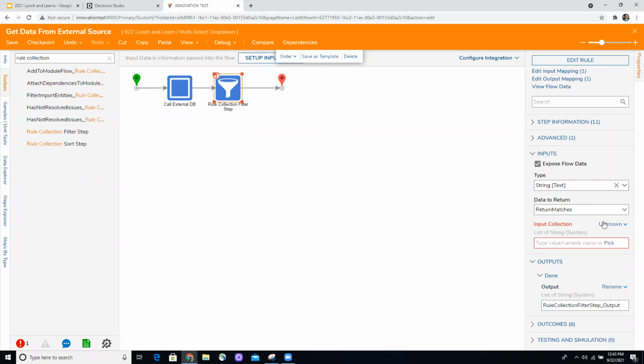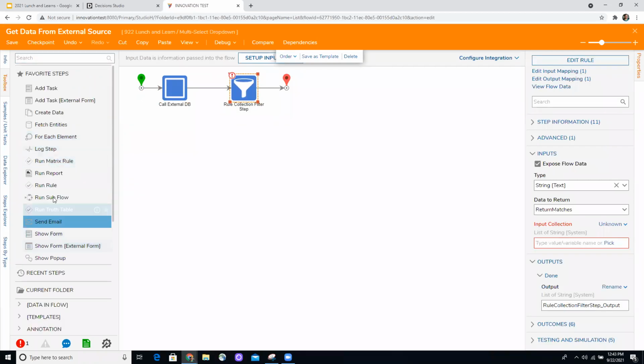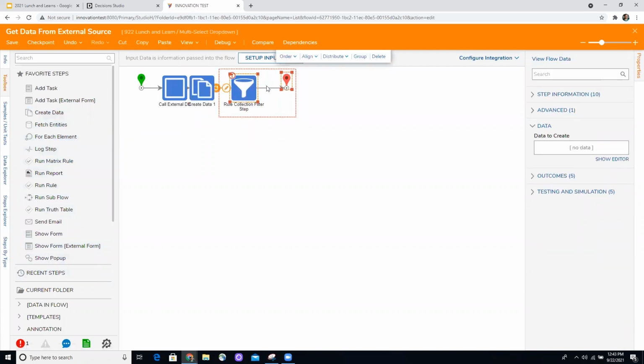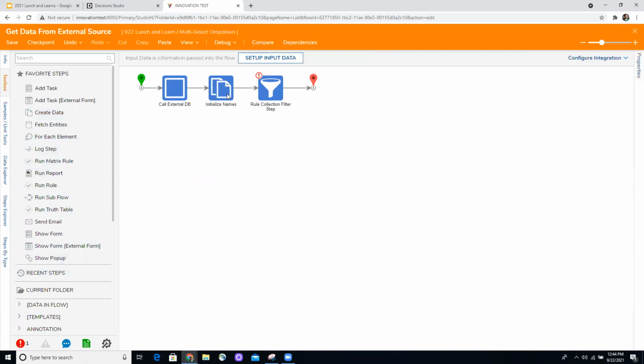And so you'll take in whatever group of objects. For this one, I am going to use the create data just to initialize something. Initialize names.